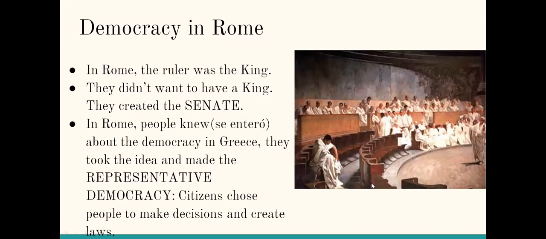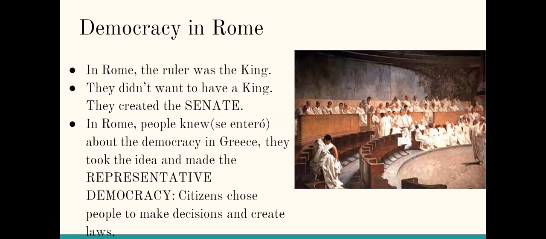Democracy in Rome. At the beginning in Rome, the ruler was the king. So people didn't want to have a king anymore, so they created the Senate. In Rome, people knew about the democracy in Greece. They took the idea and made the representative democracy, which means that citizens choose people to make decisions and create